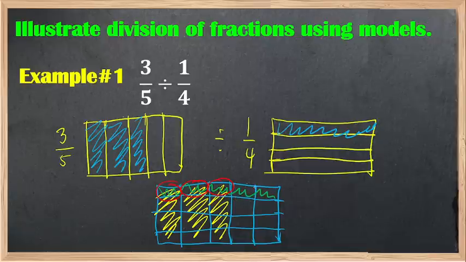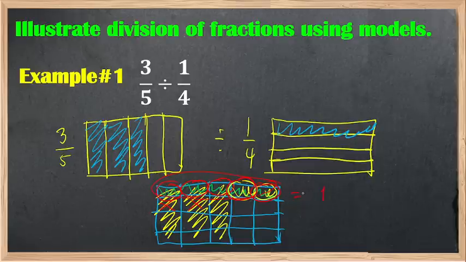But as you can see, we have 2 remaining unshaded double parts, this one. So if I remove that 2 yellow shaded regions and place them to the 2 unshaded regions, therefore this one becomes a double shaded region. Now, as you can see, we have to divide 3/5 by 1/4. So this one is the whole part. So this one is one whole.